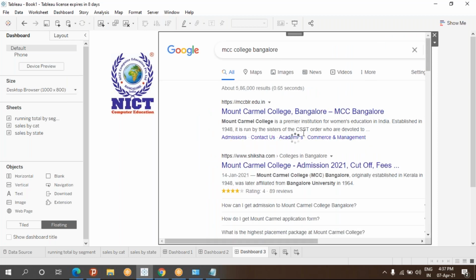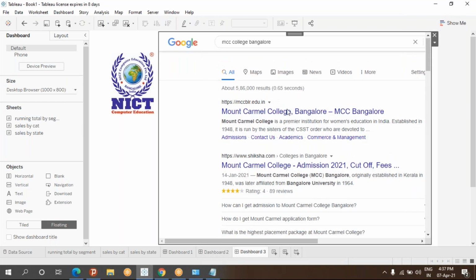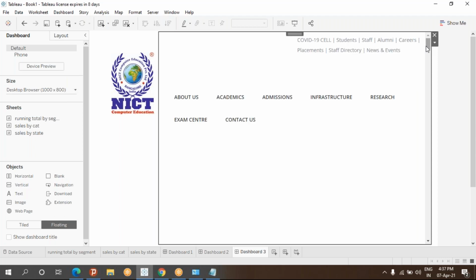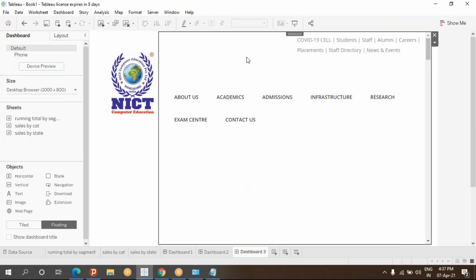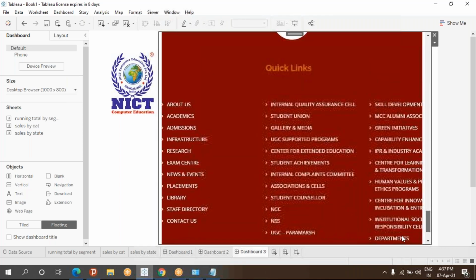So whatever you want, just like a browser. You can keep on choosing it, browse it. You have to enter the URL. The internet is a little slow here, I think.